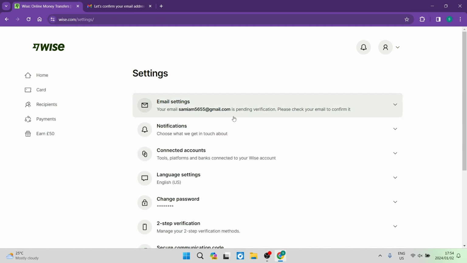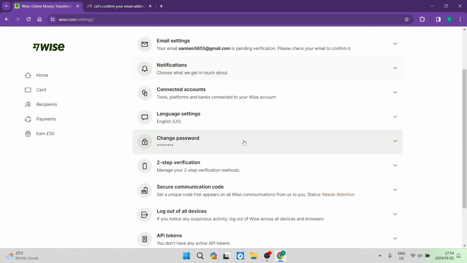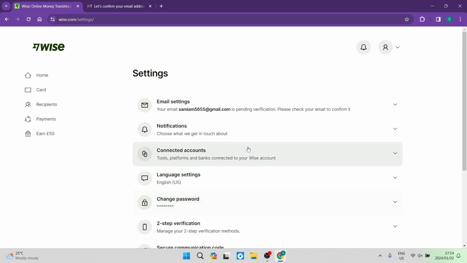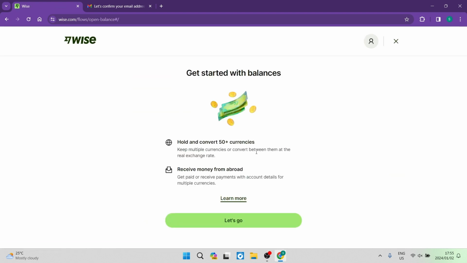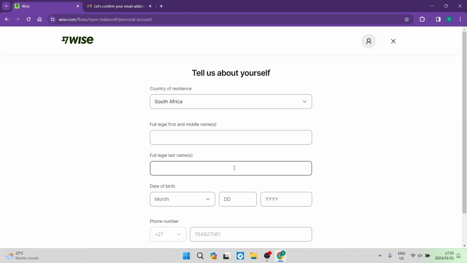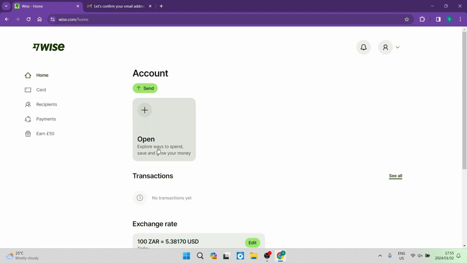Once you have verified your email, we are going to go back to our homepage, and over here you will see that there is accounts. So now you will have to create an account. So we're going to tap this open button over here, and basically you will have to create a currency. So we're going to say get started, and you're going to have to fill in all your details over here. That will basically allow you to create a balance or a currency,